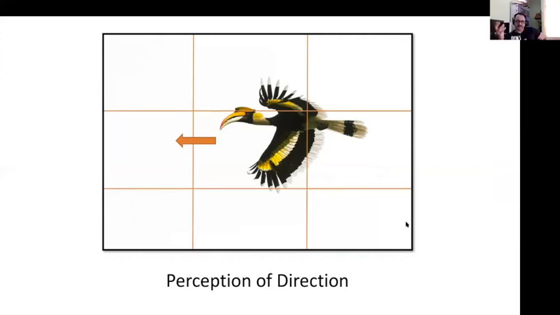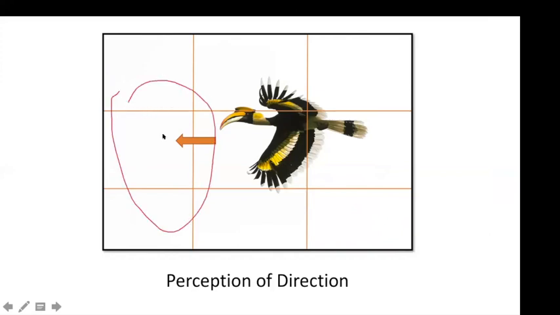Now, here the bird is flying, and more space has been kept at the front because it gives a perception of direction. So that's why less space has been kept behind the bird. Now this is what is conventionally done, but there can be other things, there can be exceptions, or there can